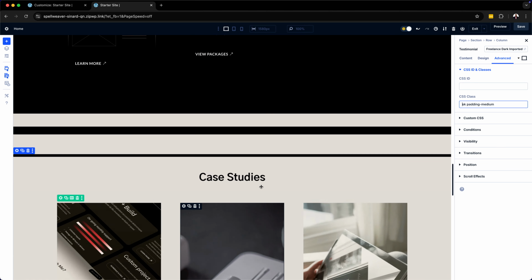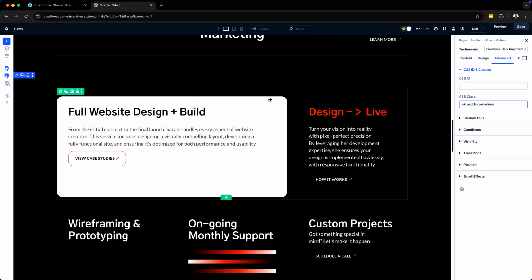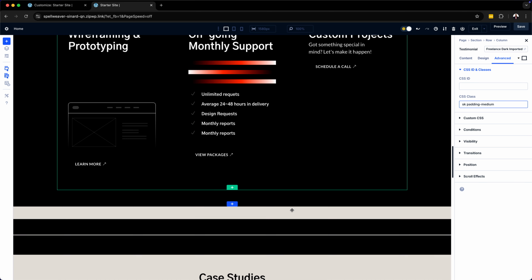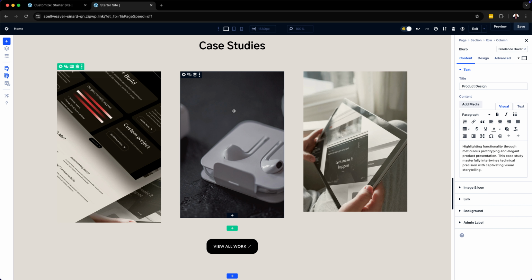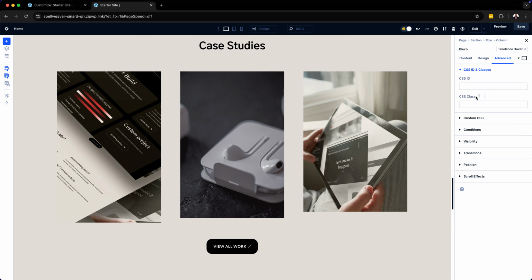Now these images here, there is a bit of inconsistency. We can see we have rounded corners here. So I think it makes sense that we also have rounded corners here. Now let me show you how SiteCrafter also solves this. So with this selected now, I'm going to come over here to advanced. Now, what's this? It's a blurb. Okay, that's a bit strange. So let's try this